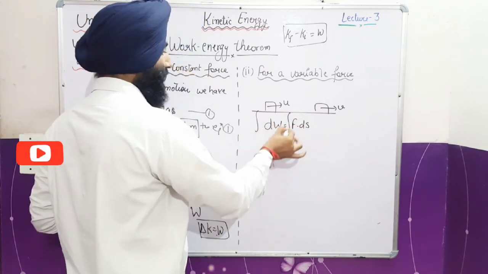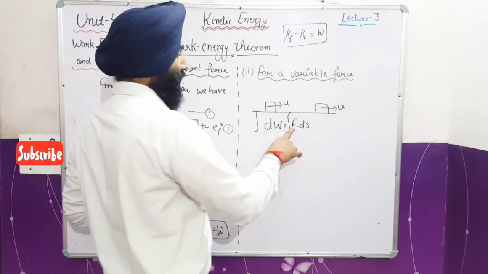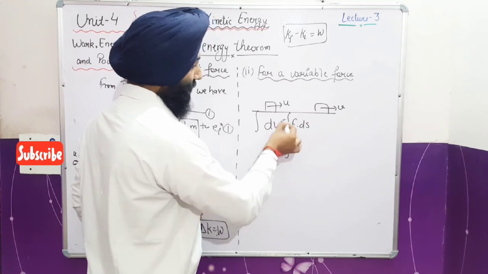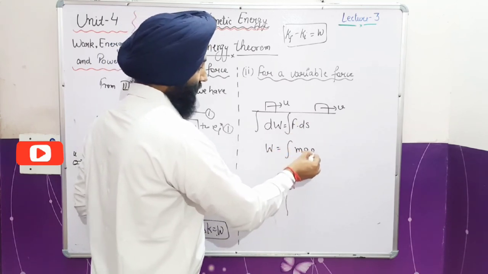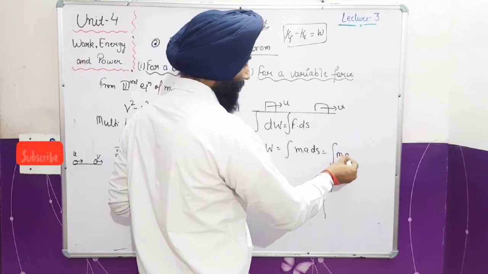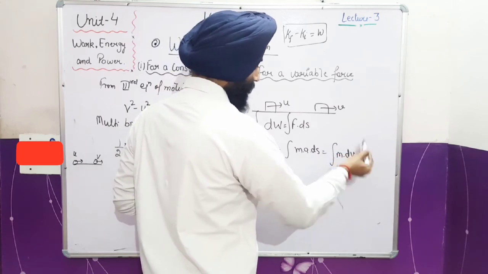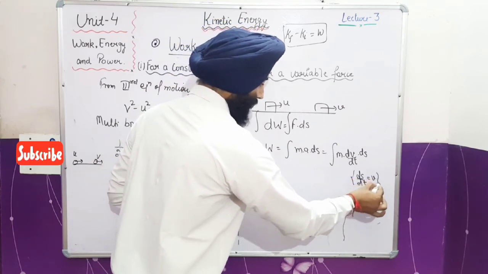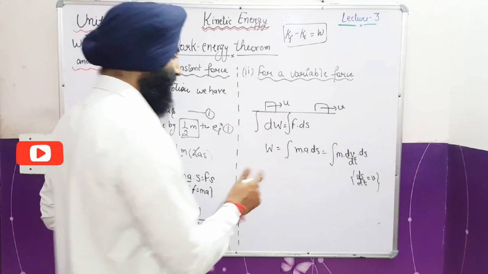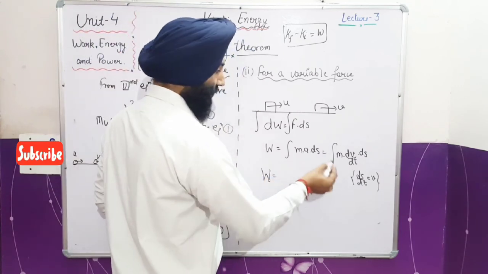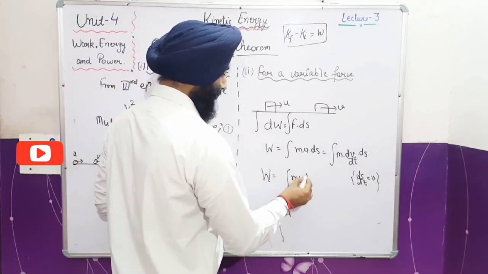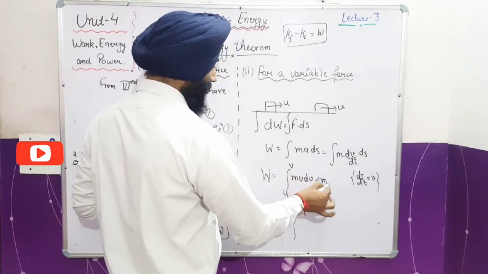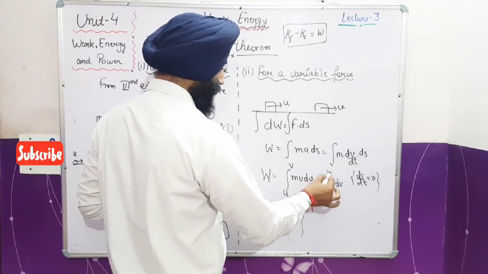For the total work done we have to integrate. Here the value of force is mass into acceleration, into ds, and you know that acceleration is change in velocity upon time, dv upon dt. So we can take ds upon dt, as we did in the last article. Ds upon dt is velocity, so I converted a two-variable problem into a single-variable problem. So here the equation becomes mv dv, from the initial limit to the final limit. Mass is a constant quantity, it will come outside. So this is v dv, from initial to final velocity.